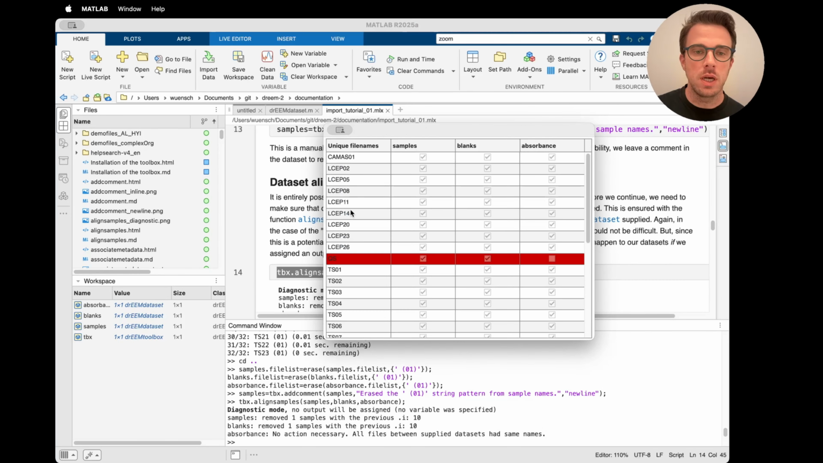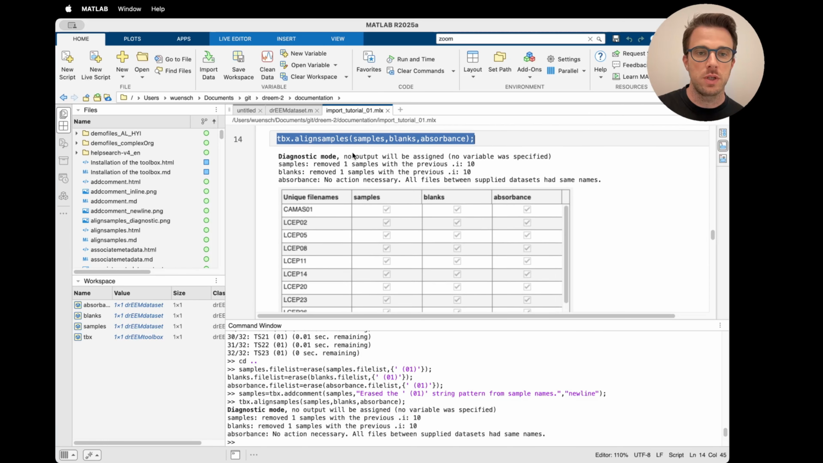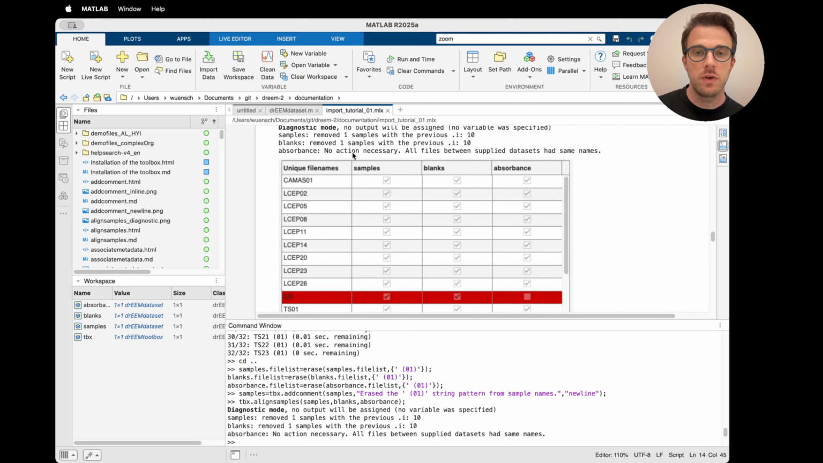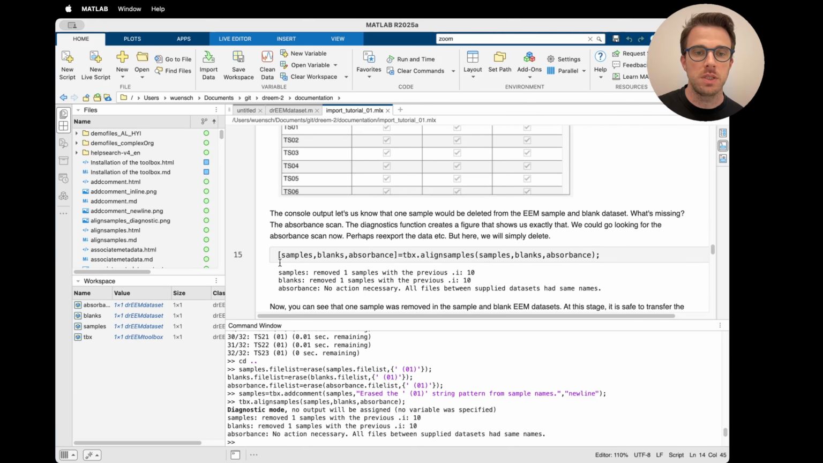And you can see that one of the files is marked in red because there is no absorbance scan. There are fluorescent sample scans and the blank scan, but no absorbance, which means that this sample would be deleted if this function would actually run. It's very likely that the absorbance scan just went missing. So if we now run this function with output arguments supplied,